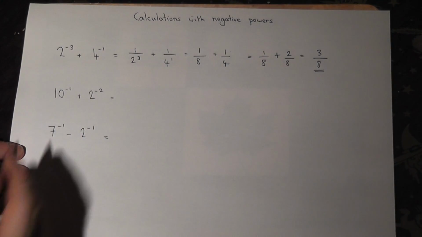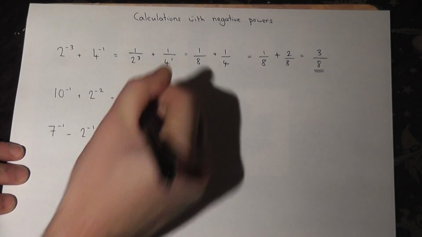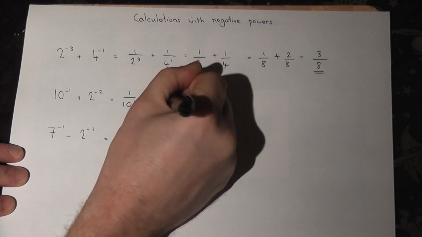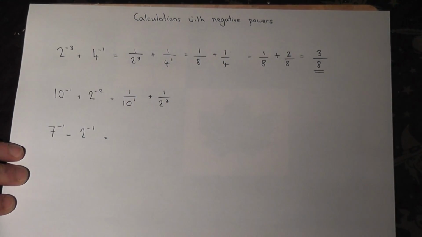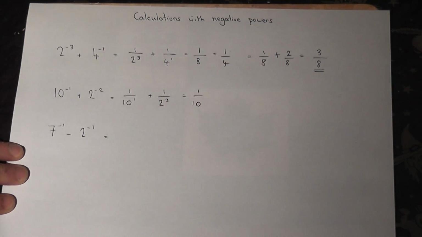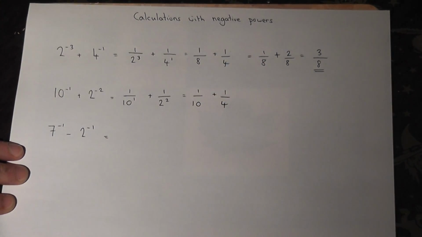The second one, 10 to the power of negative 1 is 1 over 10 to the power of 1. 2 to the power of minus 2 is 1 over 2 squared. 10 to the power of 1 is just 10, and 2 squared is just 4. So we have a problem here. What do 10 and 4 both go into? Well, if you imagine your 10 times table and your 4 times table, then 10 and 4 both go into